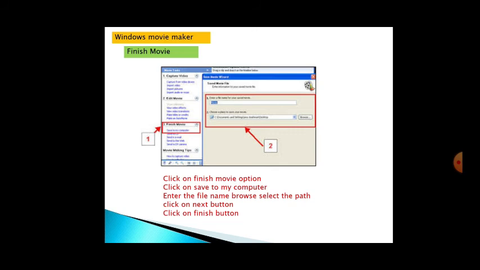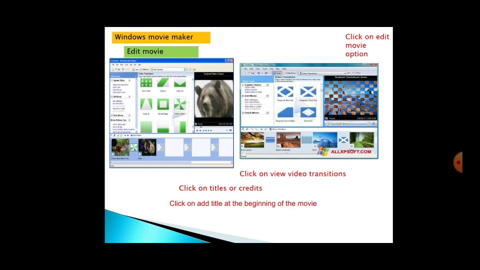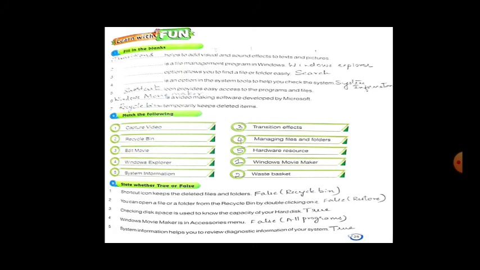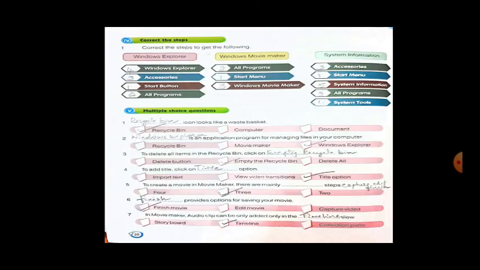There are some little concepts here. Going to the higher classes, you learn more about Windows. Some exercises are there behind the textbook. I have written them already. Try to do them by yourself. If you have any doubts or could not understand a concept, you can put it in a message: Ma'am, I could not understand this concept, can you explain once again? In the next video, I'll take up the things which have to be explained again. Try to complete your exercises.